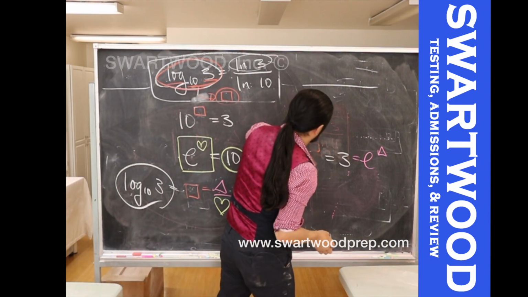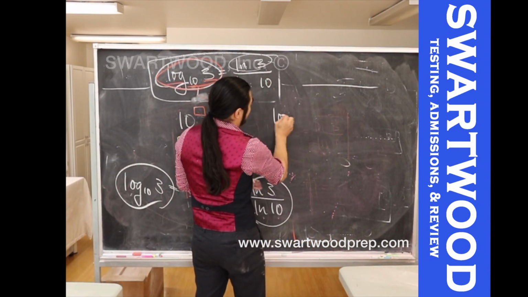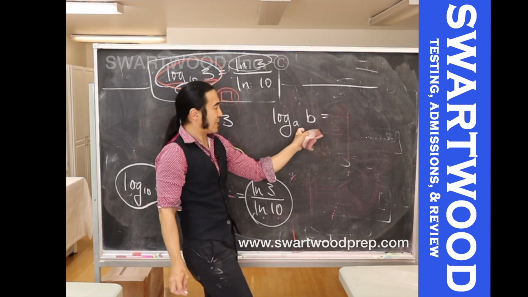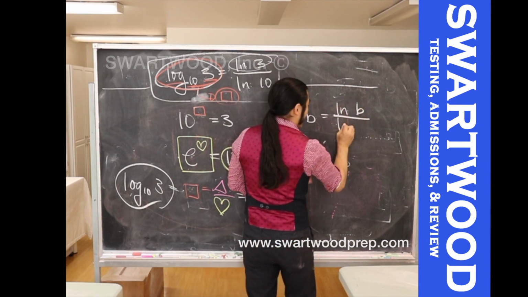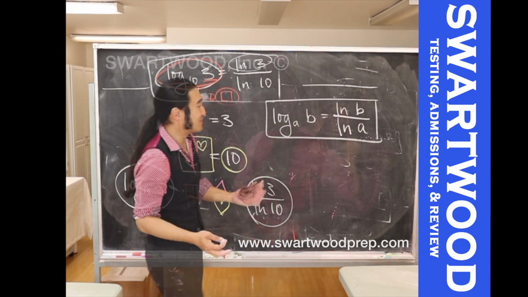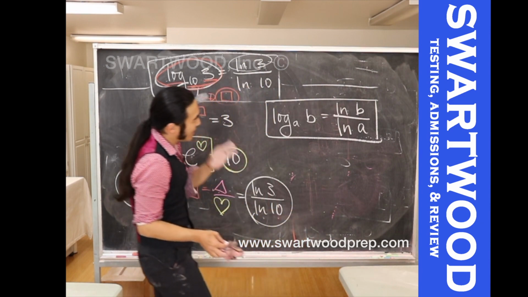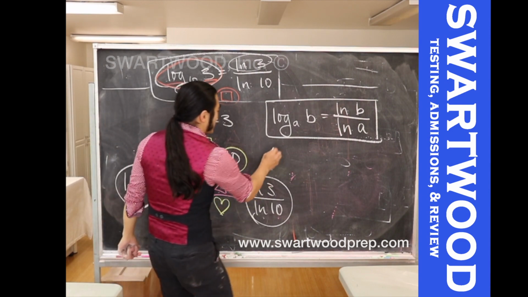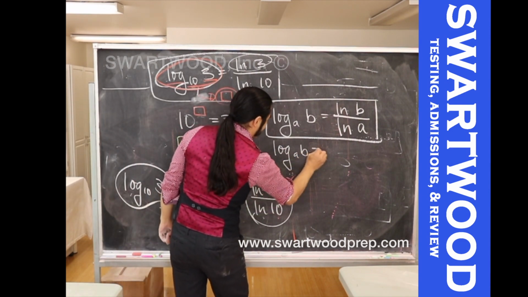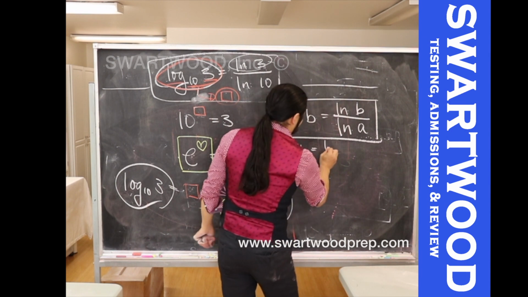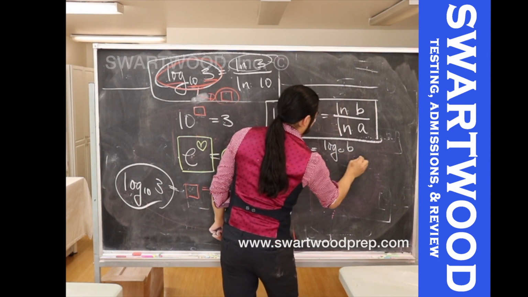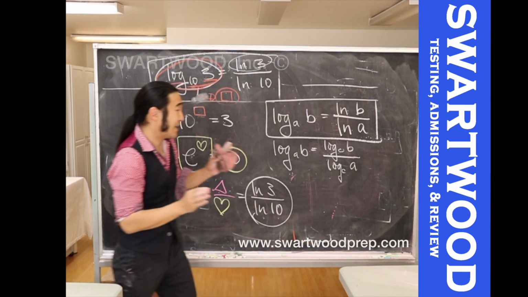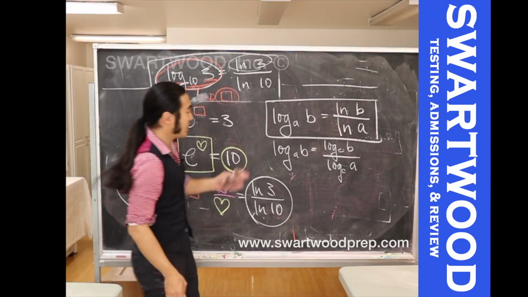Okay? So what about in general? Well, in general, if you follow this pattern, log to any base, let's say a, of some number b, is going to be the natural log of b divided by the natural log of a. So in some sense, these logs are all interchangeable, okay? And I chose natural log because it's so nice, but honestly, it didn't matter what base we used. So in general, you can always write it like this. Log base a of b is log base c of b divided by log base c of a, okay? You could do that in general. It didn't have to be the natural log, okay? But that also